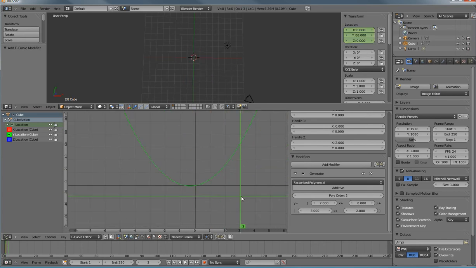And if you want to go somewhere in between whole numbers, we can change this to no auto snap, and then that'll give us